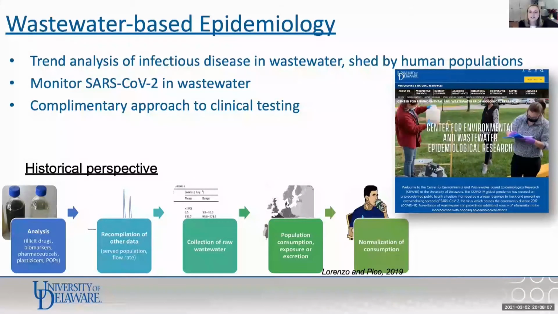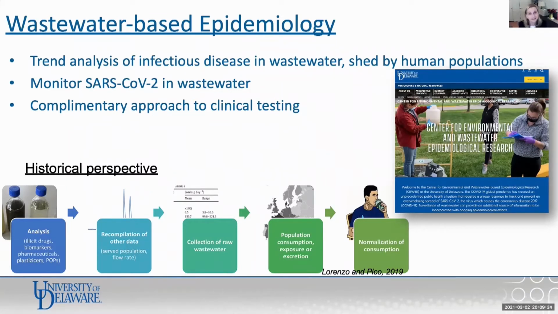So when we think about wastewater, we think about viruses in wastewater, we're referring to a branch of science now that's called wastewater-based epidemiology. And this is where we are looking for trends associated with disease. And when we think about sampling and surveillance for viruses in all different types of water, we're really thinking about the impact of populations on those different types of water. So for example, in wastewater-based epidemiology, we're thinking about perhaps viruses that are shed by humans within specific communities or